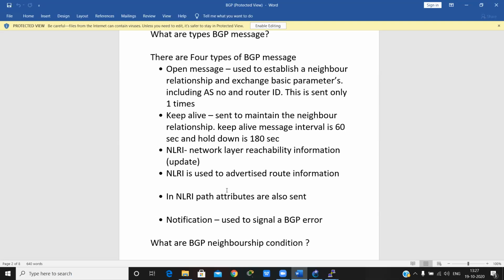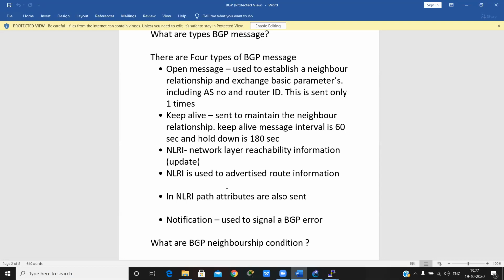Second message is keepalive. This is sent to maintain the neighbor relationship. Keepalive message interval is 60 seconds, so every 60 seconds BGP sends one keepalive message, and hold down time is 180 seconds. If it is not received within the hold time, then the neighbor is removed from the table.